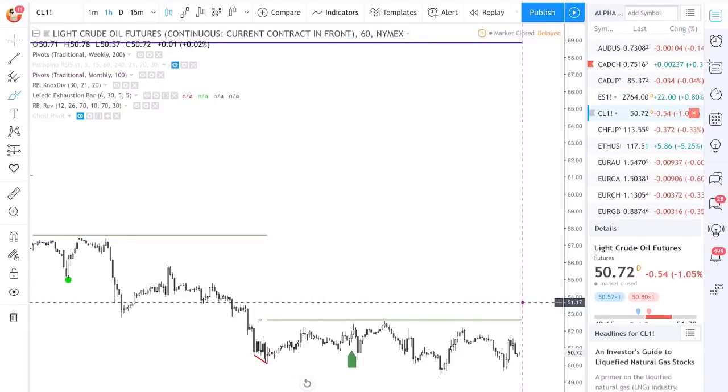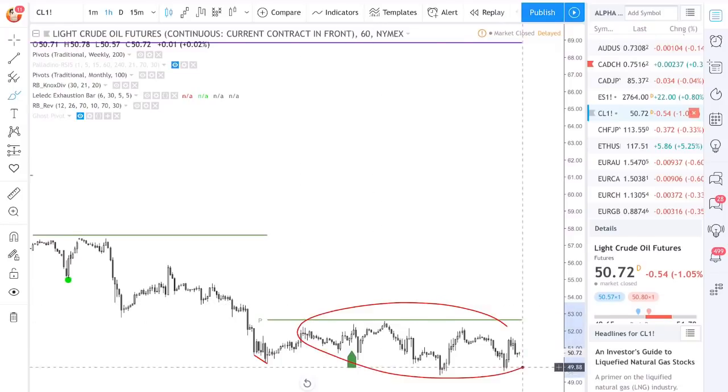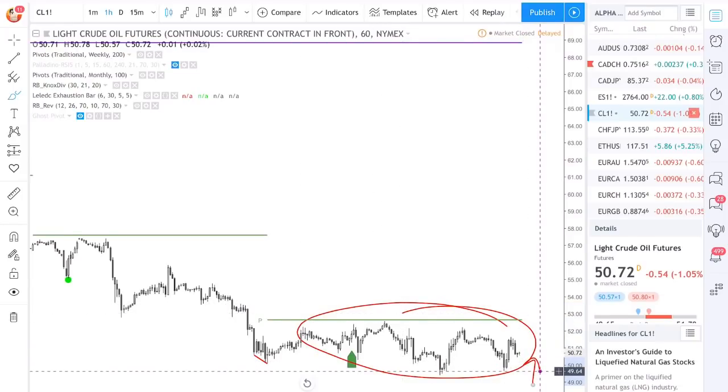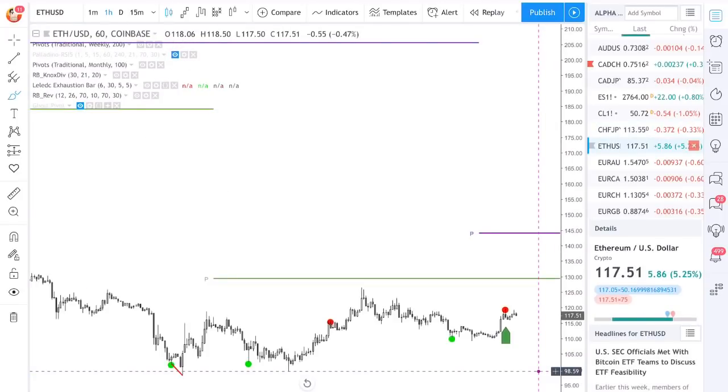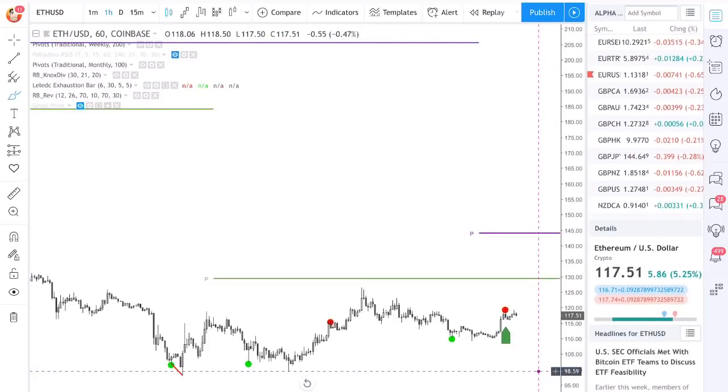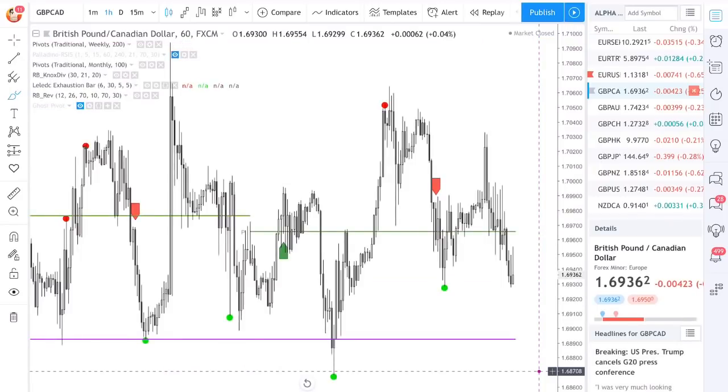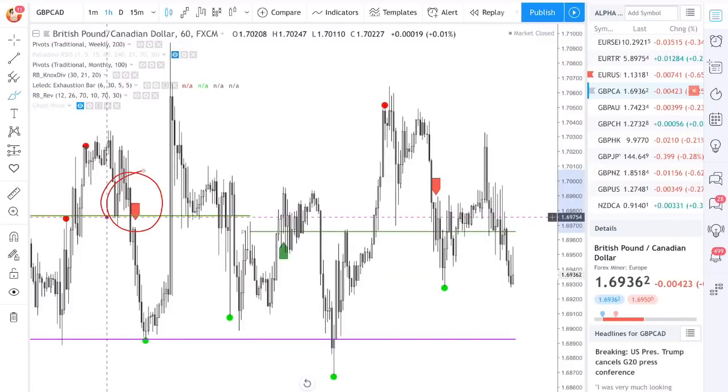Doesn't matter. There's just one reversal tab, but on oil, I would very much expect there to be another one coming pretty soon. Swiss yen, nothing. The Ethereum. Let's look at the pound. Anything going on with the pound? There's two tabs in the same direction,